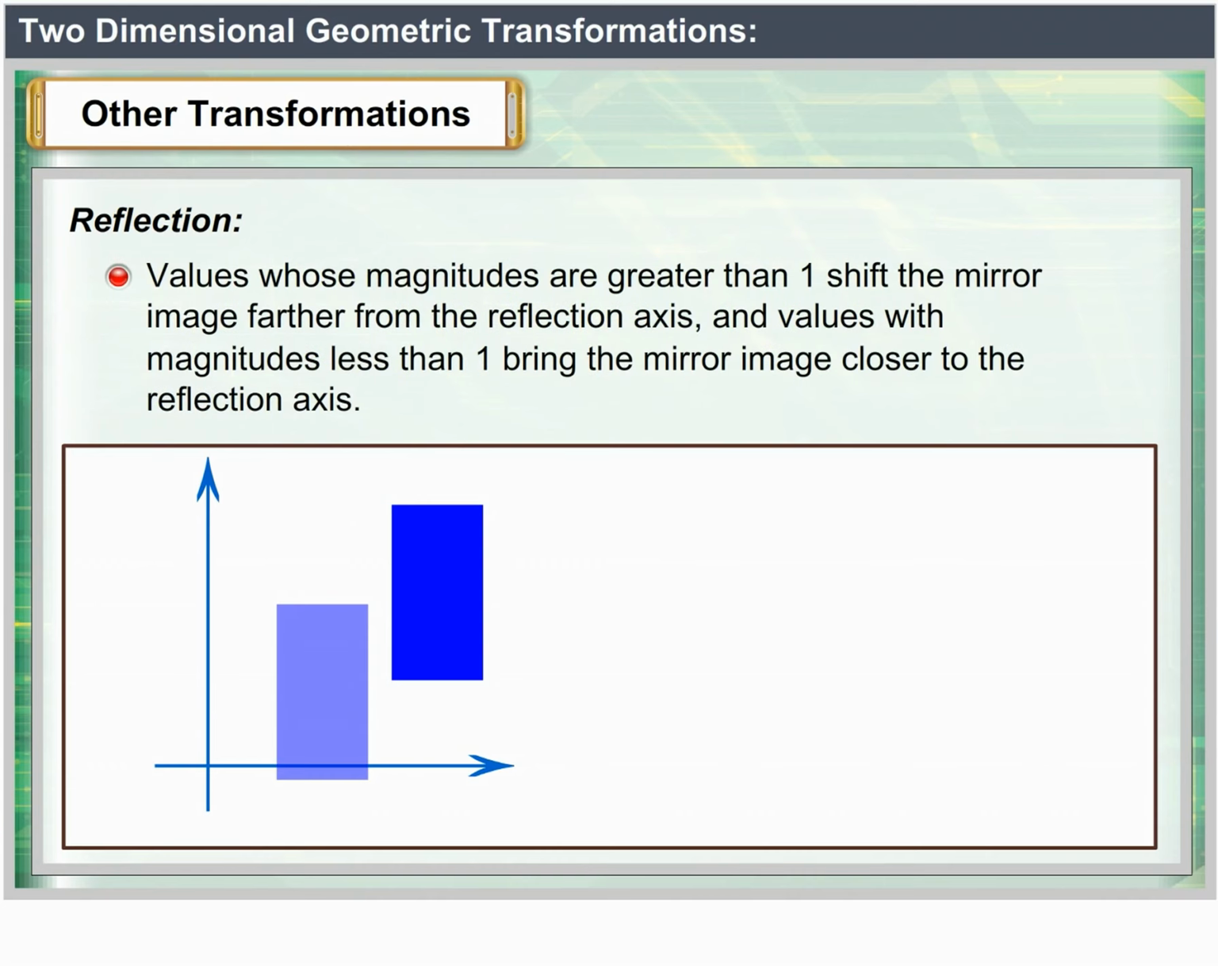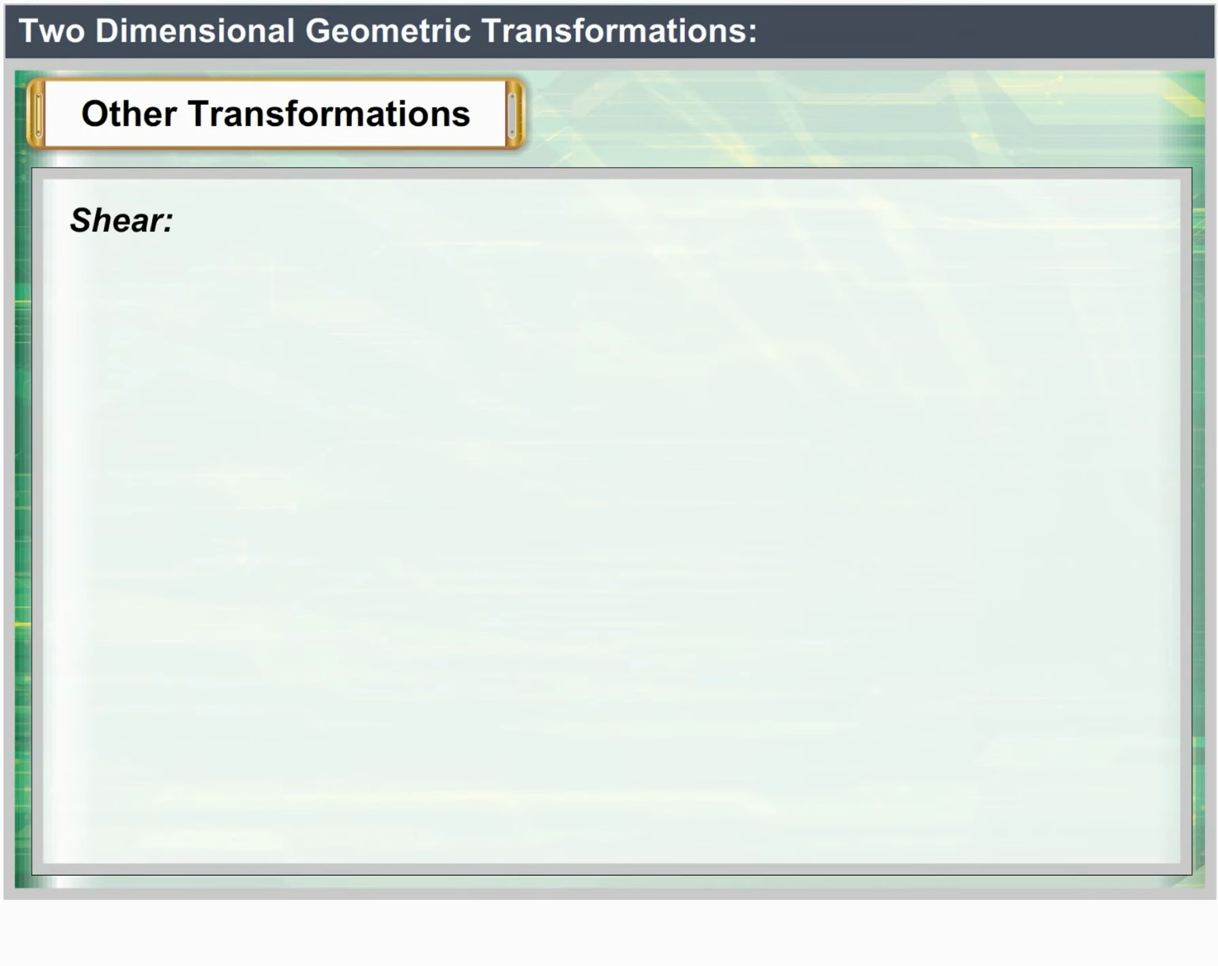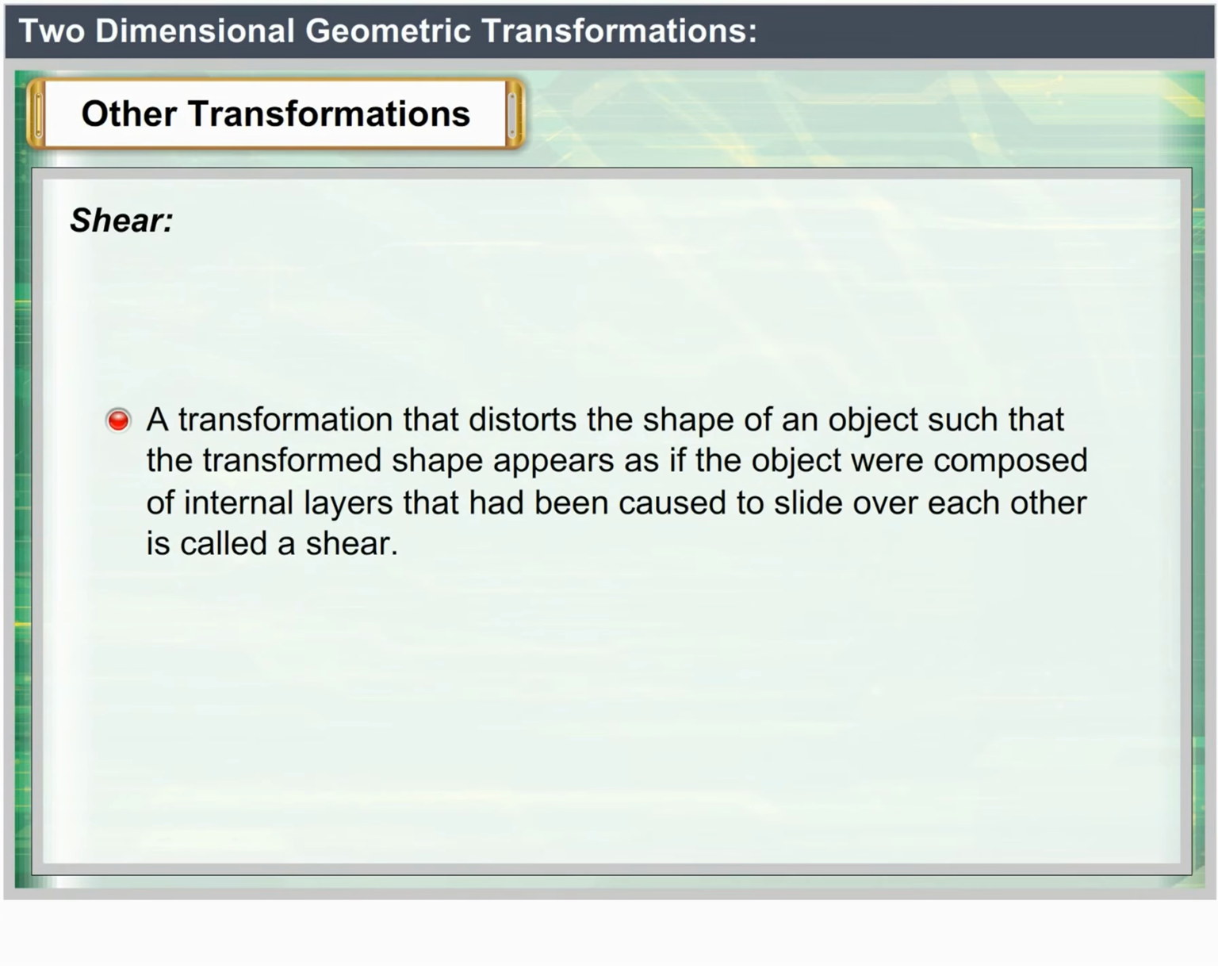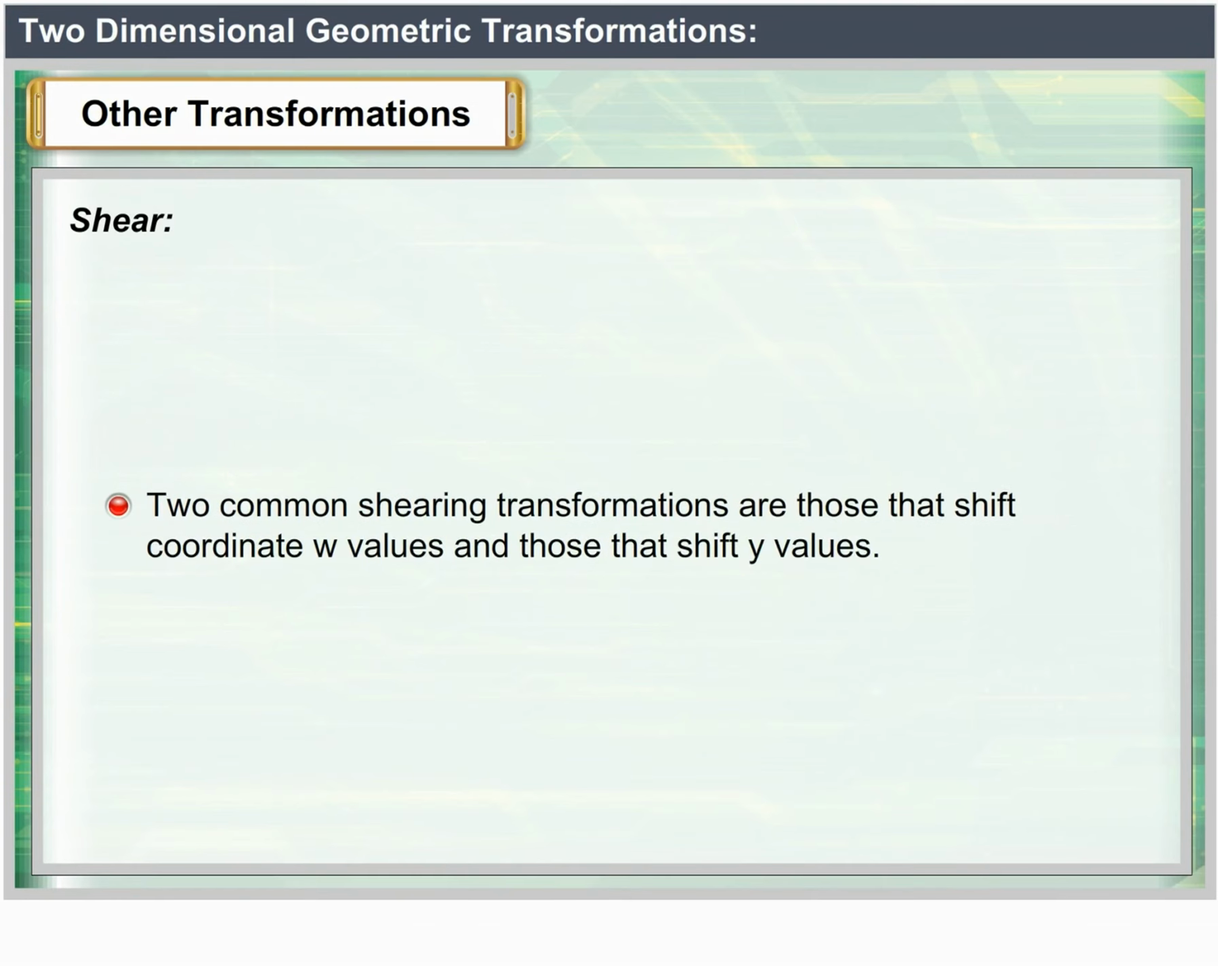Shear. A transformation that distorts the shape of an object such that the transformed shape appears as if the object were composed of internal layers that had been caused to slide over each other is called a shear. Two common shearing transformations are those that shift x coordinate values and those that shift y values. An x-direction shear relative to the x-axis is produced with the transformation matrix, which is shown,